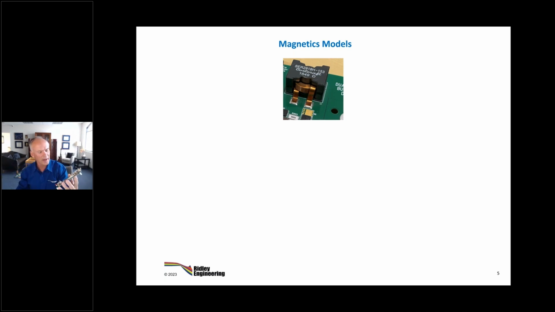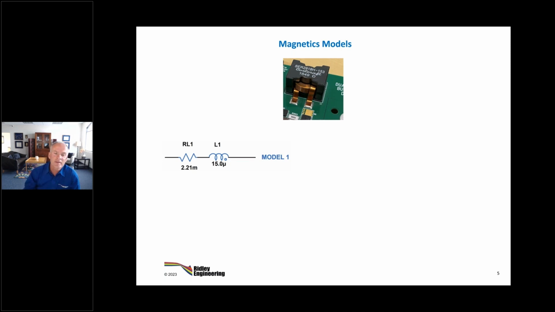I don't know how we came by the circuit board, but we were investigating it for control issues. It's a 960 watt converter. It's a buck boost. And everything except the magnetics is really, really tiny. In fact, one inductor is bigger than all the rest of the semiconductors and passive components combined. So maybe we'll shed a little light at the end of the webinar on how that might be reduced if we have time. But there's the inductor, and then we have options of how we're going to model it.